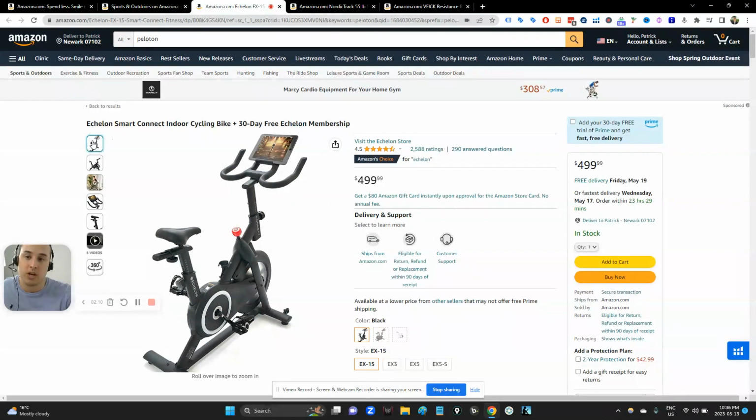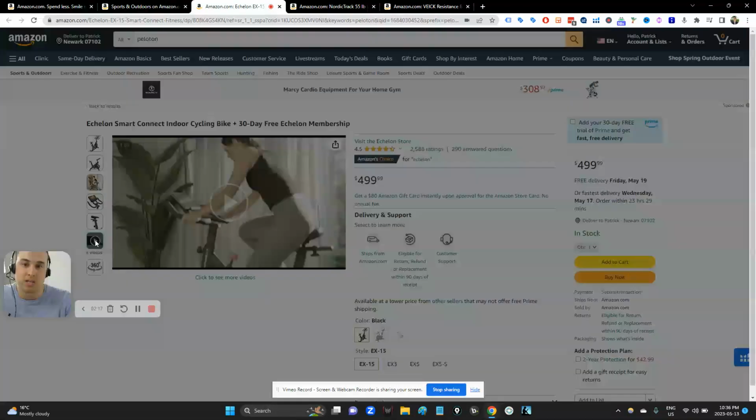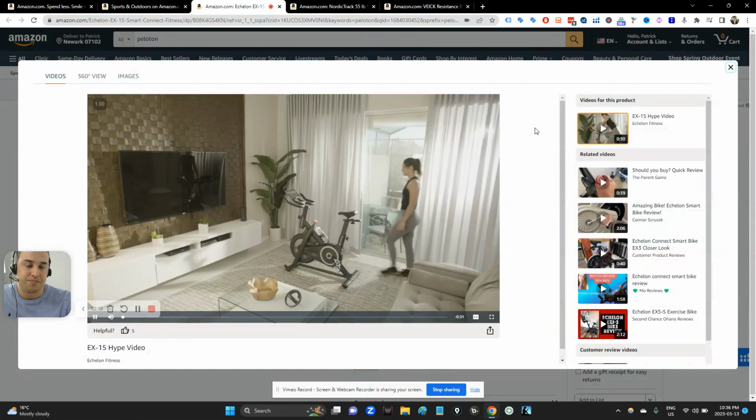And Echelon has done, I would say, a pretty good job here with the images. They're using all the photo slots given to them by Amazon. They're adding some immersive